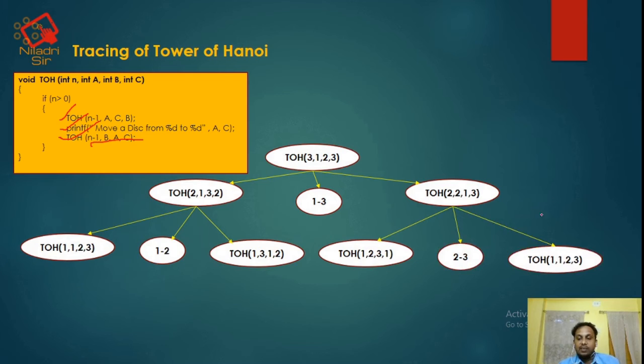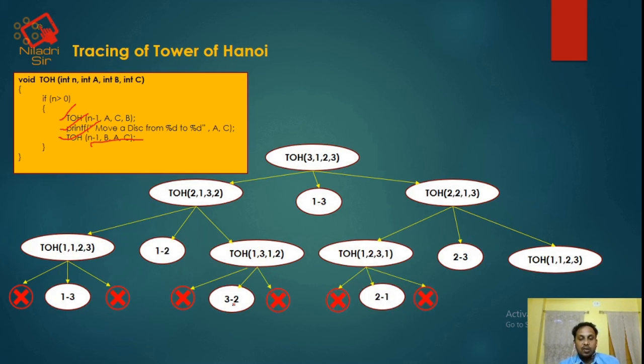After that, again a recursive Tower of Hanoi, 1 disk will be moved. Source is 1 and destination is 3 using 2. So again recursively you will call it. As you can see, n is here 1, so n minus 1 is 0. If n is less than 1, then all these 3 will not be called. So there are only these moves: 1 to 3, there is a move. Again there is only a move 3 to 2. There is only a move 2 to 1. There is only a move 1 to 3.